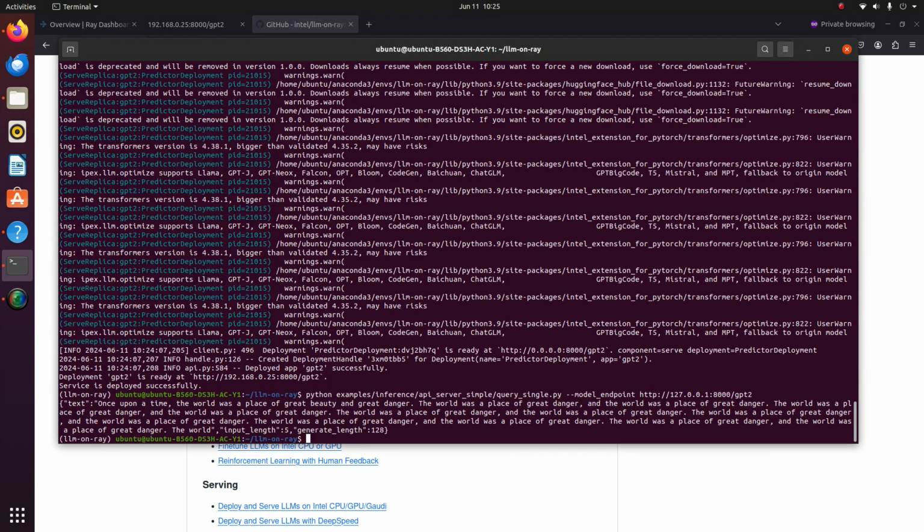You can see here that it's queried the script and it's giving us some stuff, let's call it a genius of writing: once upon a time the world was a place of great beauty and great danger. The world was a place of great danger, and believe it or not, it's also a place of great danger, and I think the system's stuck. But yeah,